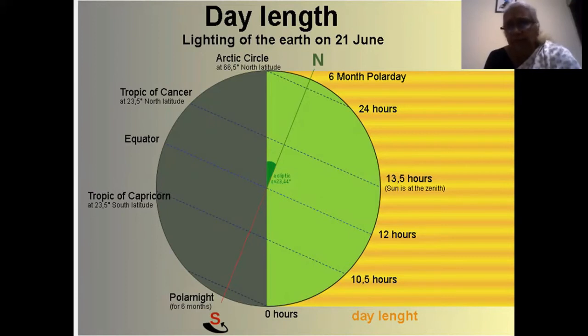So this is the position of the earth on June 21st when it is tilted towards the sun. So 12 hours of daylight and we have 12 hours of darkness, right? So in this you can see the radius. You can take the equator as being the radius and the radius being equally divided into day and night, right? And since our earth is a spherical body, the remaining 6 hours are at the back.